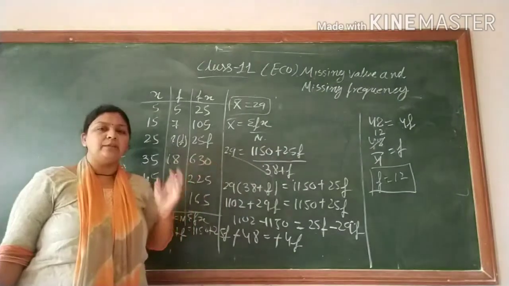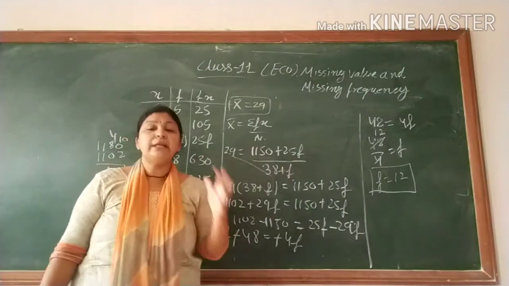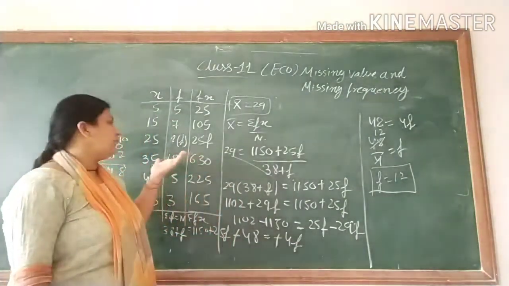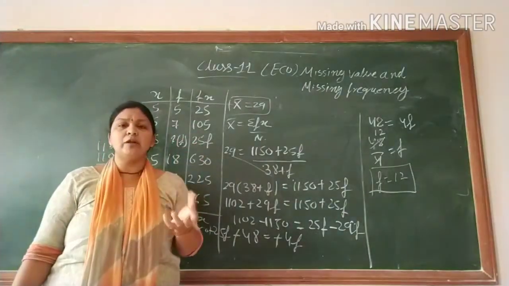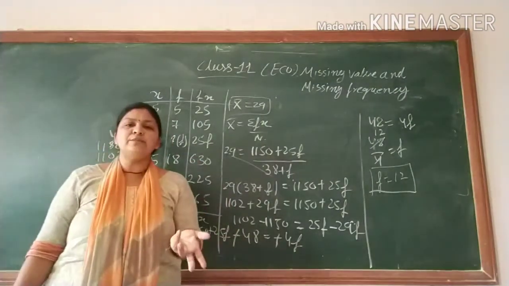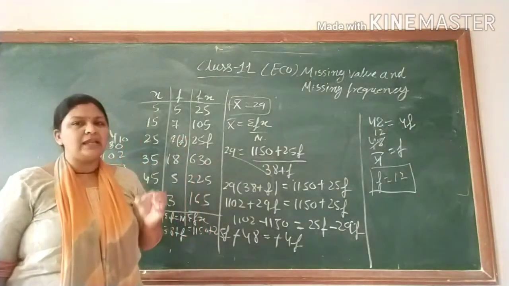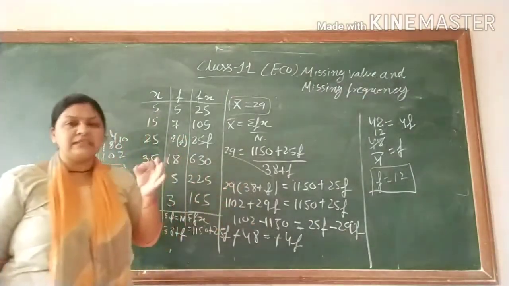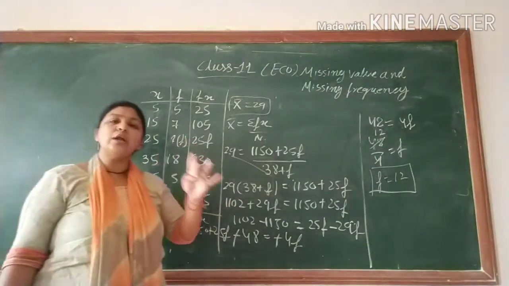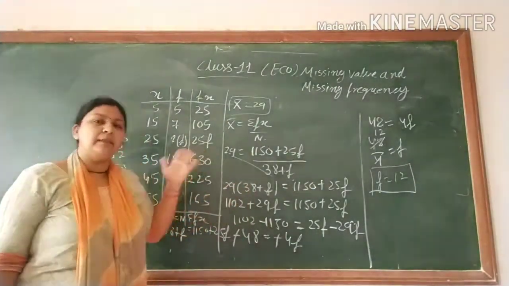by the only direct method, because अगर आप shortcut method, step deviation method, so that is very difficult because we need d also, so we assume the A also, but that is if the what you want A हम कहाँ से ढूंढते हैं? X में से. Suppose the X value is missing, how is the accurate answer we can get? Clear? So that is very clear. If you need the missing value, missing frequency in individual series, discrete series or continuous series, keep in your mind you have to use the direct method.